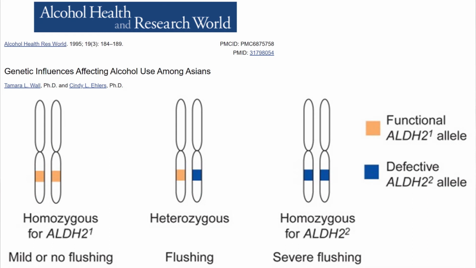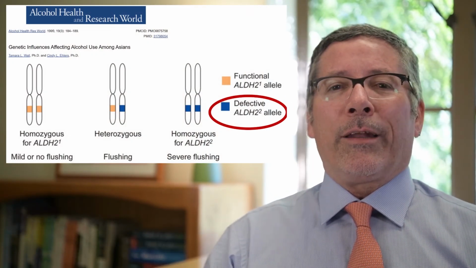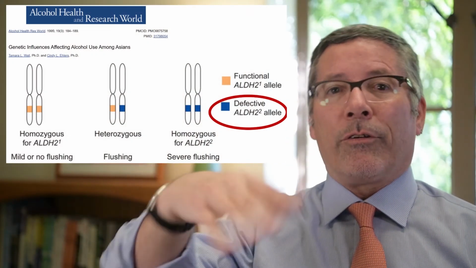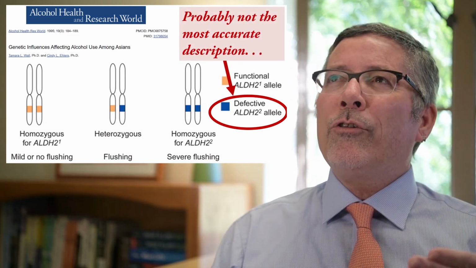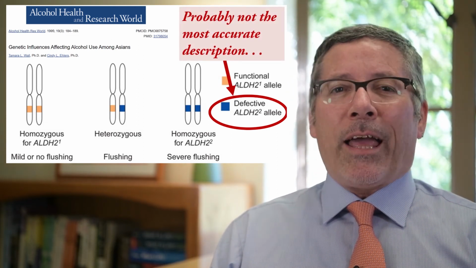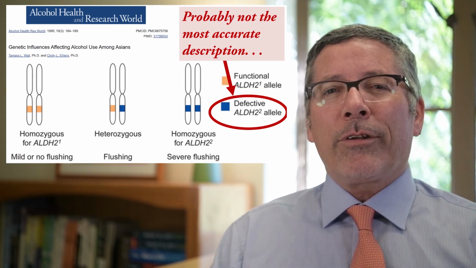In the original research, they would put these pictures of the chromosomes showing, okay, you've got maybe one functional aldehyde dehydrogenase and you have one that doesn't. And in the original research, they would call it the defective aldehyde dehydrogenase gene because it coded for a non-functioning version. And it was talked about just as, oh, the mutant version doesn't work. But this might not actually be a good description of that other version of aldehyde dehydrogenase. Why do I say that?